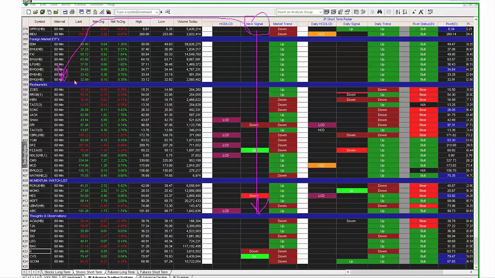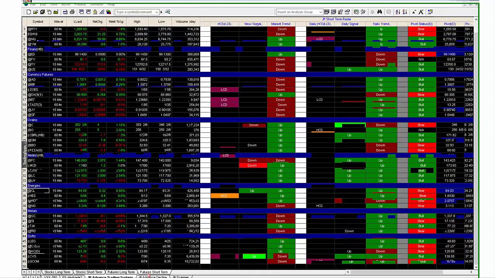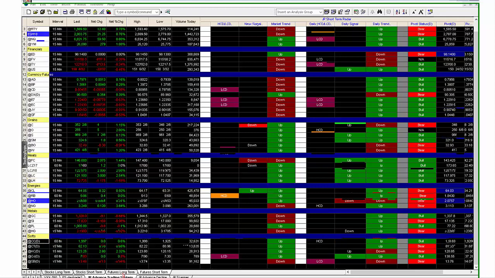If you have multiple applications open, you are draining your resources. So there, number one, could lie the problem. How do you make things run more efficiently and smoother? If you do not trade futures, then close the file tab or delete the futures entirely. That way you've eliminated this thing trying to run scans. That's number one.